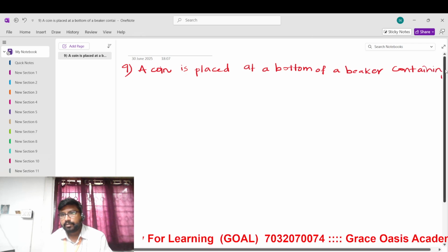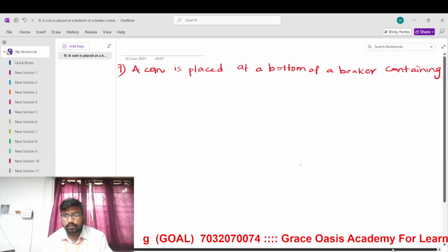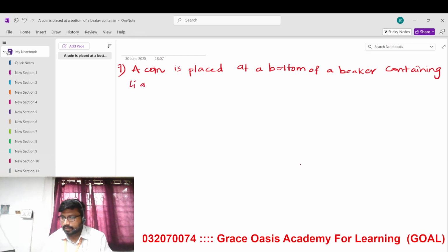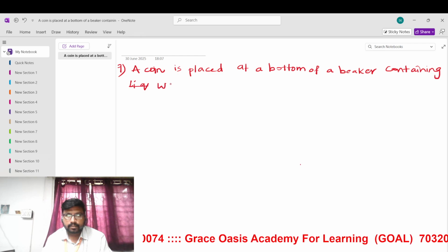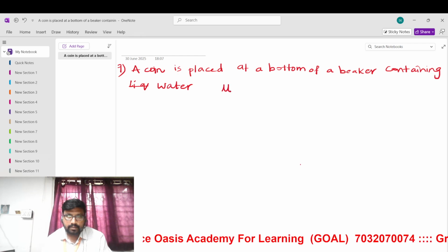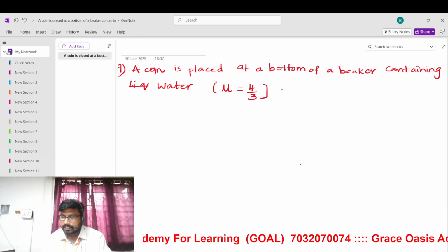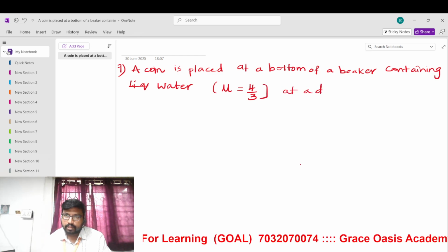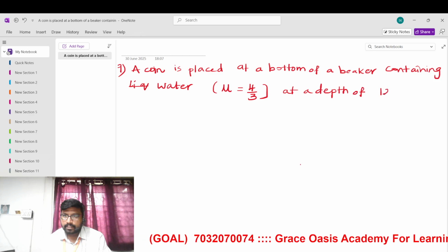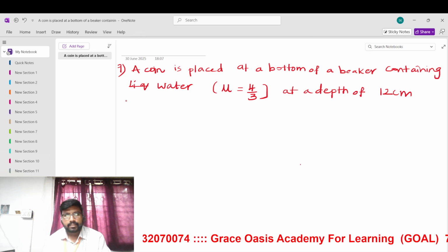There should always be a different medium, otherwise we cannot do this. Right? The beaker contains water. The refractive index of water is given: mu equals 4 by 3. At a depth of 12 centimeters,